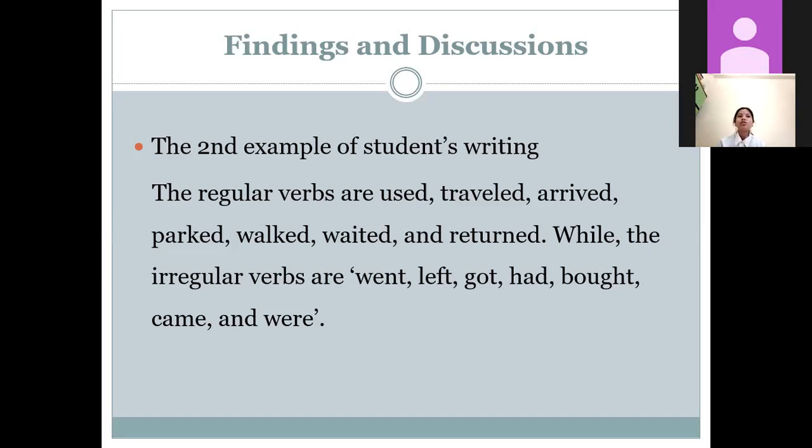And the other rule of a regular verb is that a verb with one syllable, a single vowel, and ending in a single consonant must have a doubled consonant when adding -ed. For example, verb 1 is travel, so verb 2 changes to traveled, while the irregular verbs are went, left, got, had, spoke, came, and were. Those verbs show an irregular pattern. For example, verb 1 is go, changed to verb 2 into went. Next,